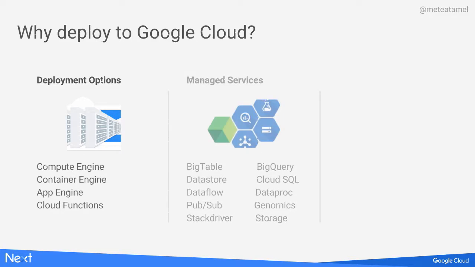The second thing is managed services. Once you have your app running in the cloud, there are all these services that become available to you right away. And the key thing about these services is that we try to make them as managed as possible. By that, I mean, for example, take PubSub. PubSub is a publish subscribe messaging framework. So you create a topic, and then you push messages to that topic, and then you get messages from that topic. Normally, if you set up a cluster for PubSub, you need to worry about machines, you need to worry about how you're going to globally distribute that queue and stuff like that.